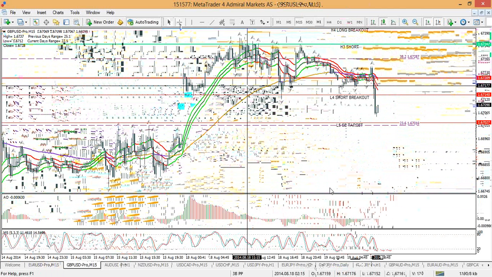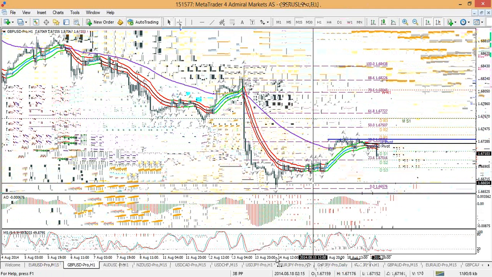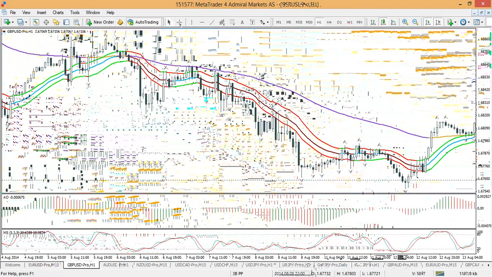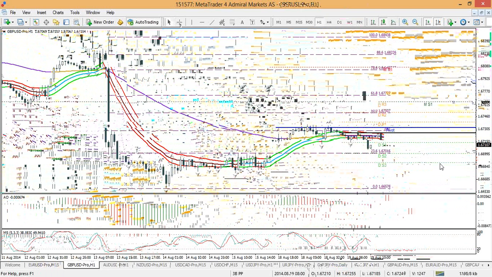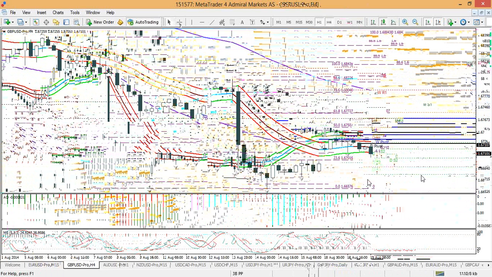Let's take a look at the hourly now. The hourly candle just closed 2 minutes ago, and if you look at that candle, it looks pretty decent. So a retracement like this, or a bit more, maybe a stop loss above the weekly pivot point, with a target of